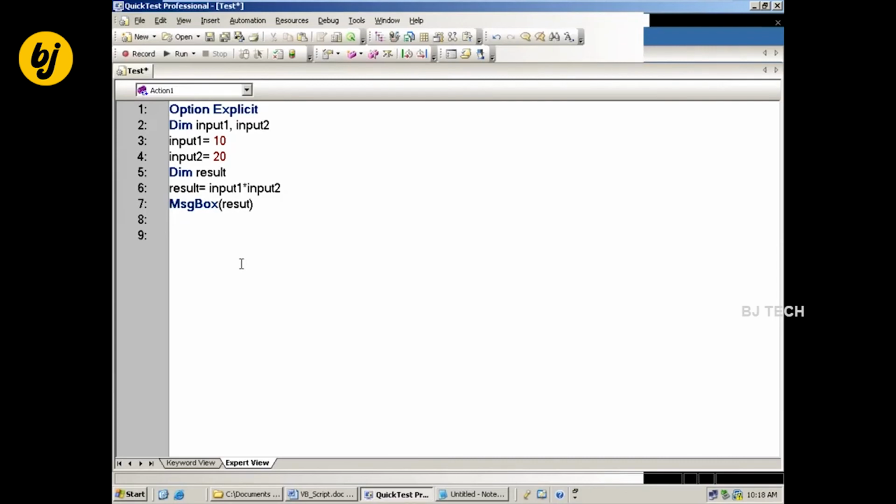Whenever you misspell the variable, VBScript implicitly considers a new variable, and you won't get any error messages. That will be a problem. To overcome that, make the variable declaration mandatory in the script, using Option Explicit. This is the reason why we make variable declaration mandatory.